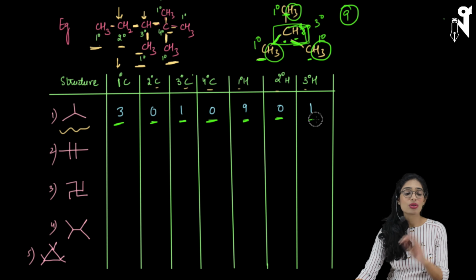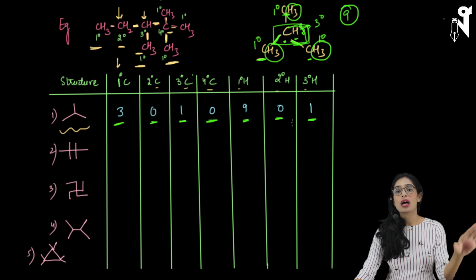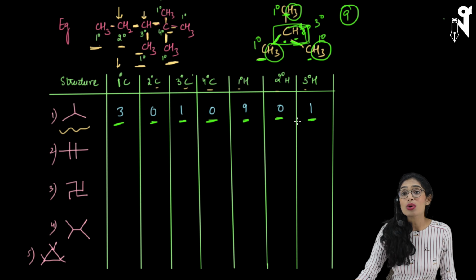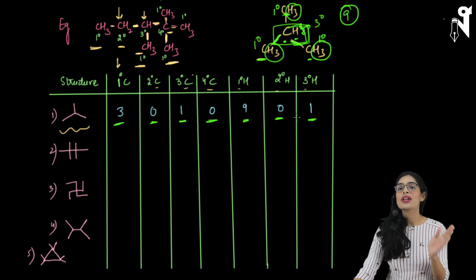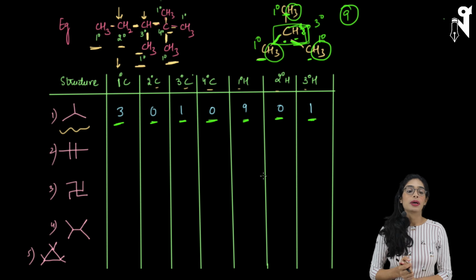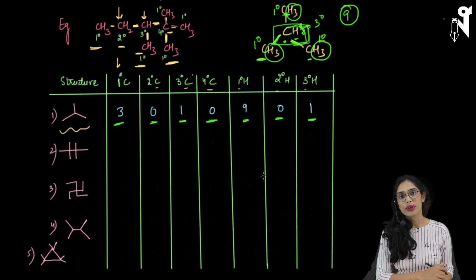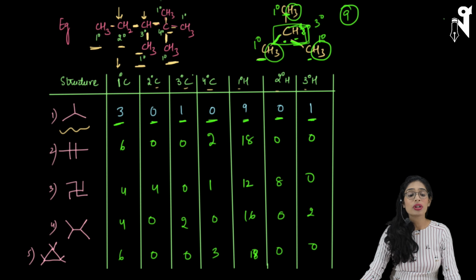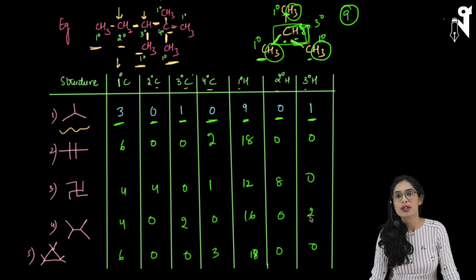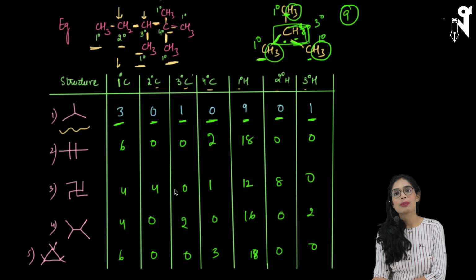If you have understood how I resolved this question, and how I got the primary, secondary, tertiary, quaternary carbons count and the primary, secondary, tertiary hydrogens count, then you will be able to solve the rest of the parts also. Try it out on your own. I'll just be writing the numbers over here. You will have to verify it, so pause the video, do the question on your own, draw all these structures in your notebook, find out the respective numbers that have been asked, and then you can verify with my numbers what I have written over here. Okay, so these are my answers. Try it out on your own, and check whether your values are right or not. If you have any confusion, or if by mistake I have made any mistake, tell me in the doubts group or in the doubt session.